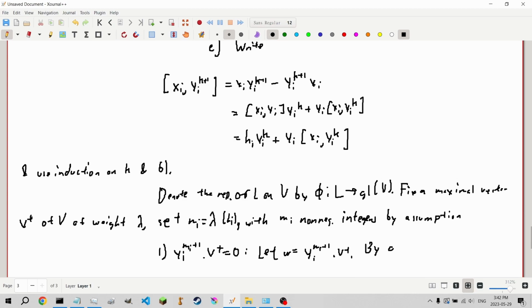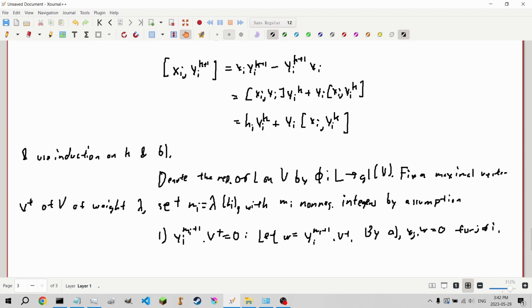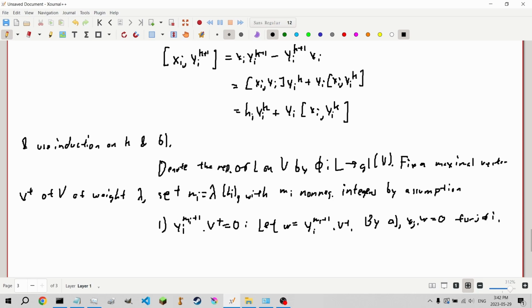By part A from the lemma, xj on W is 0 for j not equal to i, and by parts B and C we get that xi times yi to the mi plus 1 on V plus is yi to the mi plus 1 times xi on V plus